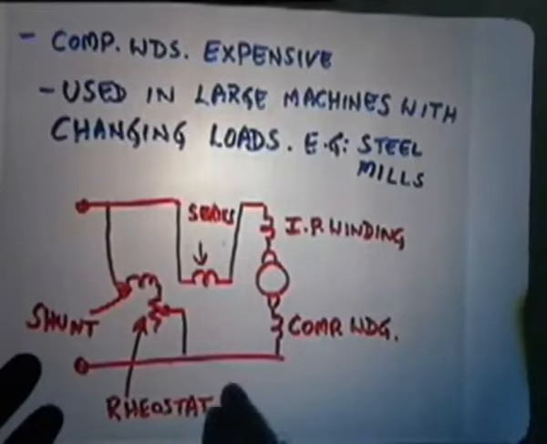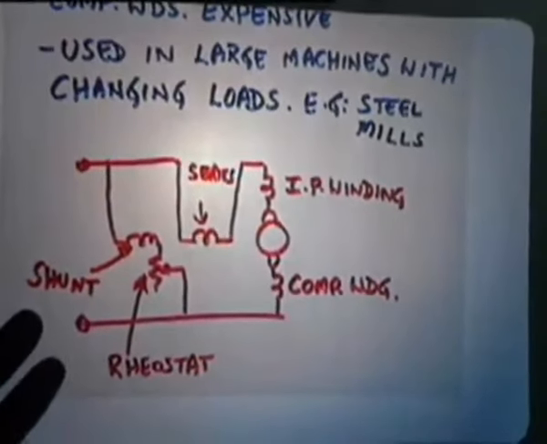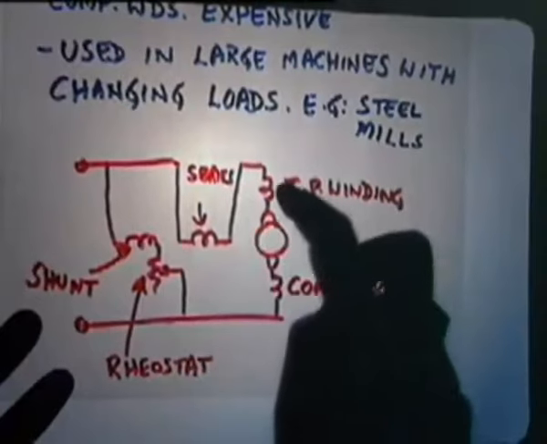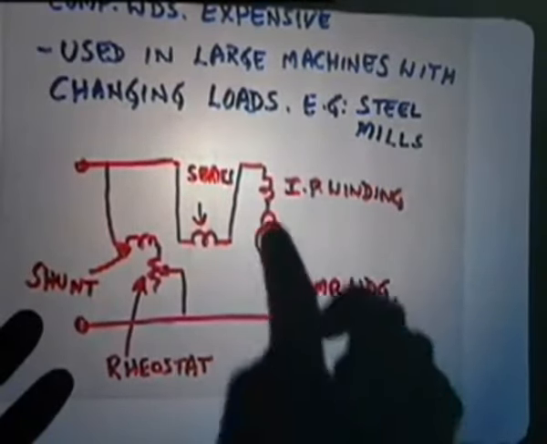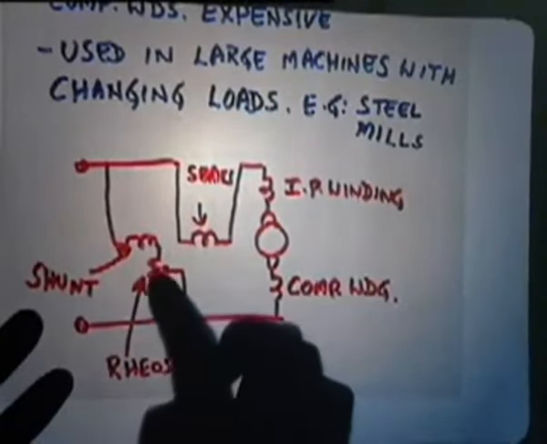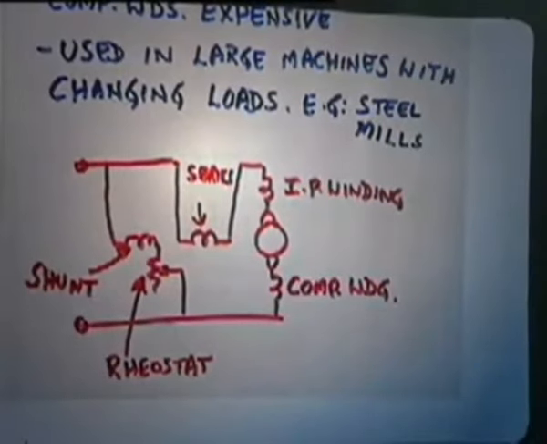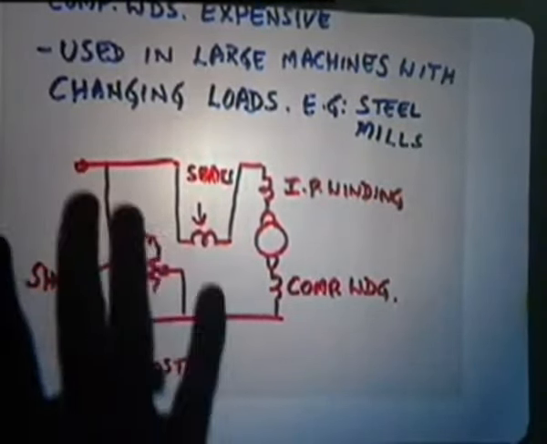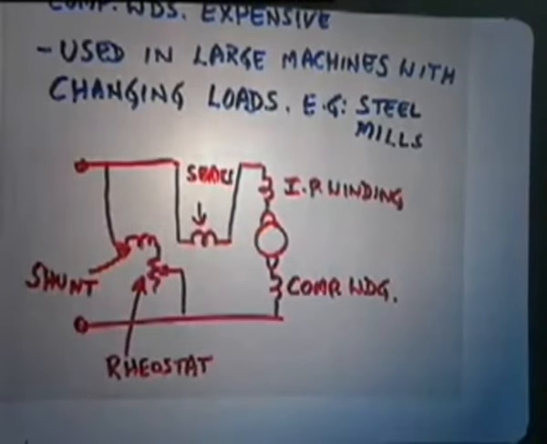An actual connection of the circuit will be like this. There is an armature, an interpole winding, and a compensating winding. They will all be in series, and there is a series field winding, a shunt field winding, and a regulator. Through this method we are able to take care of all the undesirable effects of armature reaction, which means we must take care of demagnetizing effects, and of the commutation problems through resistance commutation and voltage commutation.